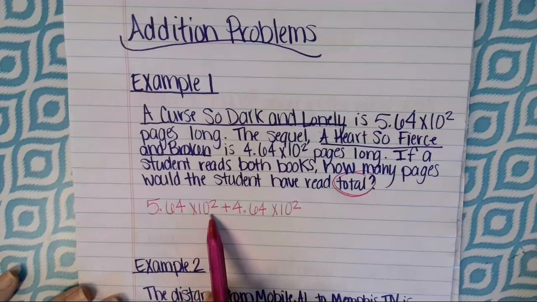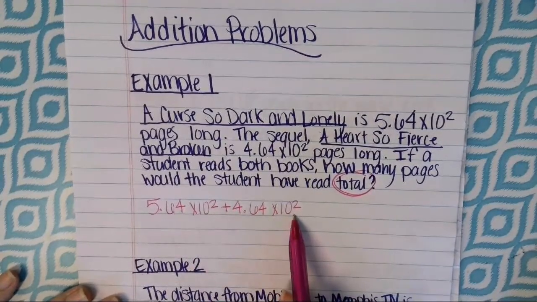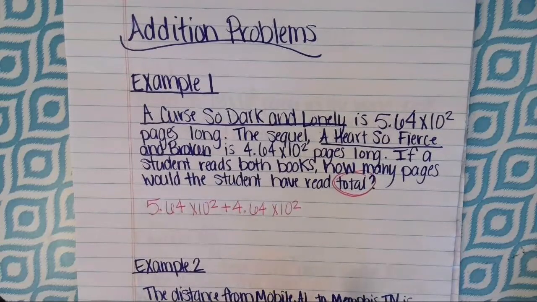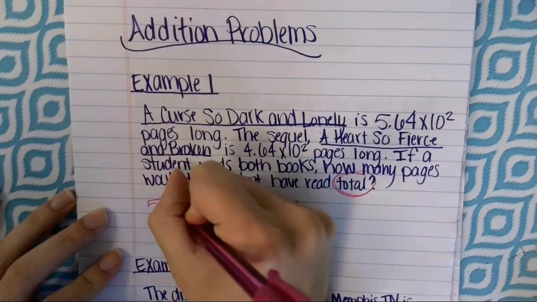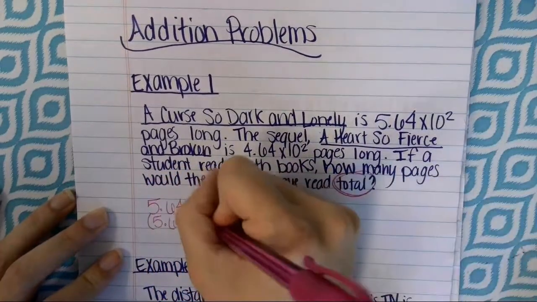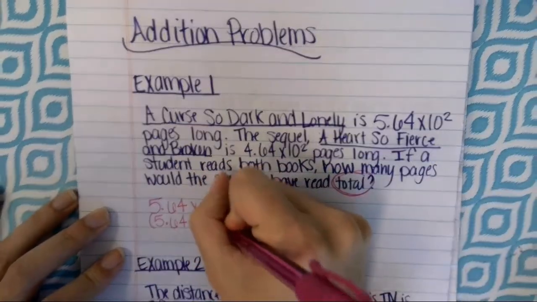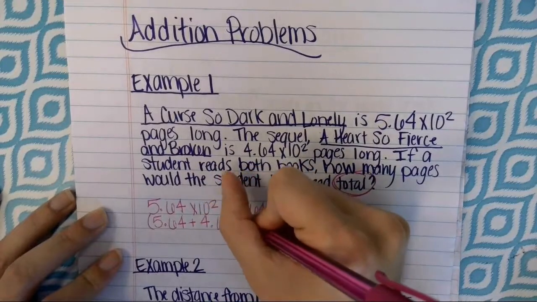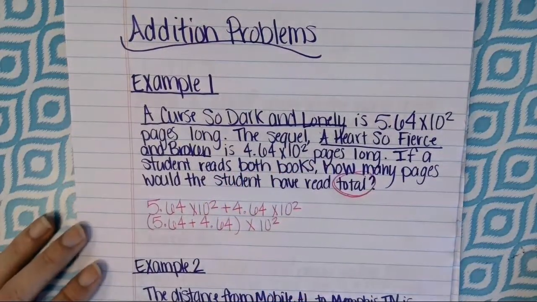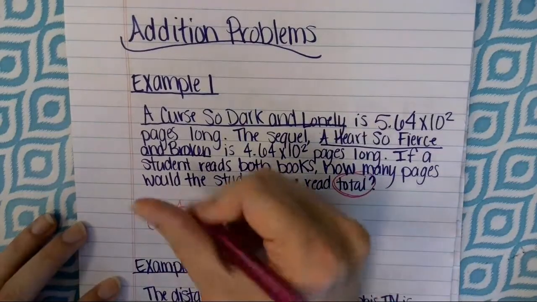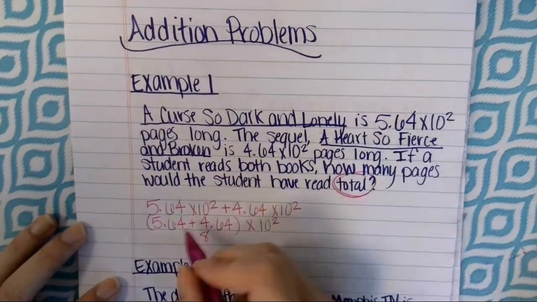So I have 10 squared and 10 squared. So that means that I can add these as they are. I just need to group my lead numbers together. So I'm going to add 5.64 plus 4.64, and I'm going to keep the times 10 squared. When I add those together, I get